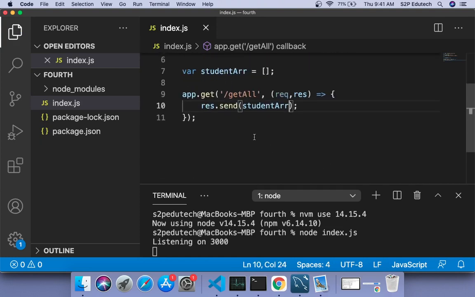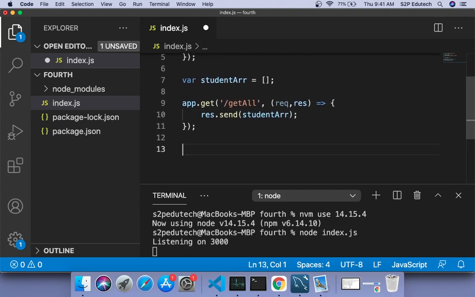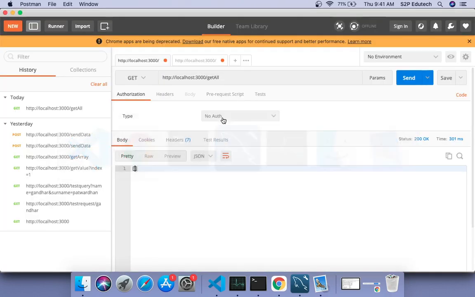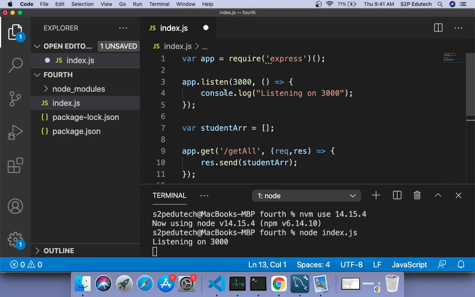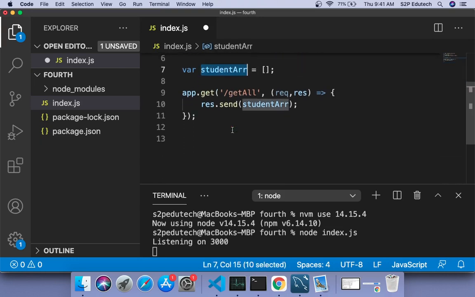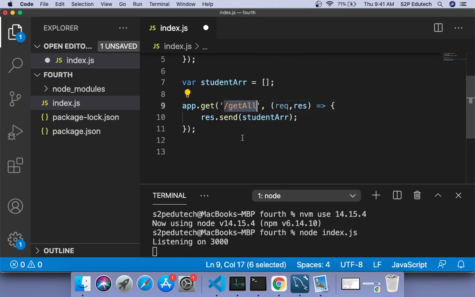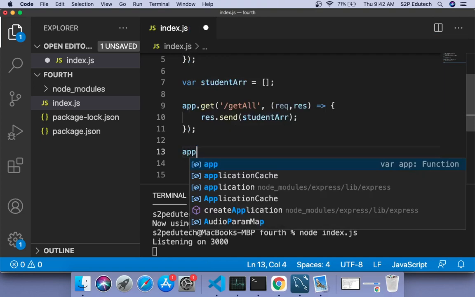Now to send the data to the server, I'll be sending the data via Postman, and I would be pushing that data inside this array. And then when I do a get all, I should see that data, right? So for that, I would write a handler for post.